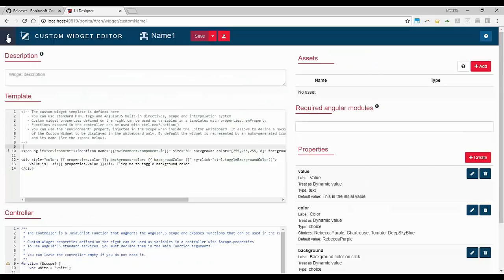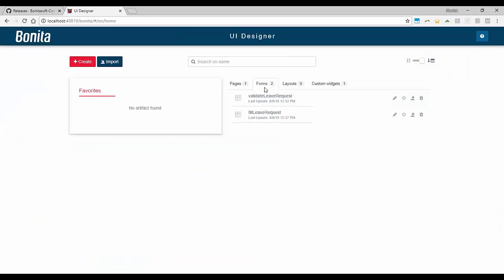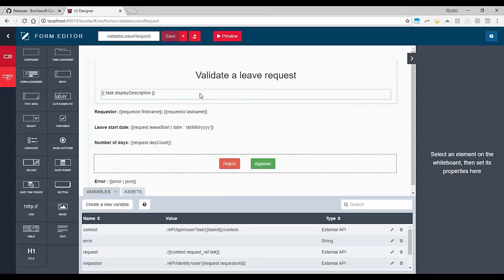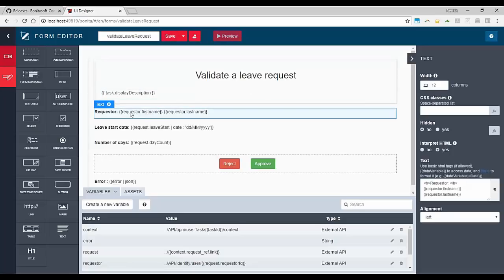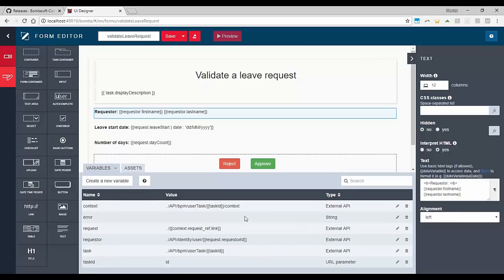And if I come back to my form, you will see that the properties is something. If I click on one widget here, for example, you have these properties on the right, and you can see that these properties most of the time are linked to what we call the variables. So the variables, as I told you, is something that is specific to your page, and that will be specifically generated at runtime. But these variables, you have a list here, could be leveraged inside the properties of your widgets.